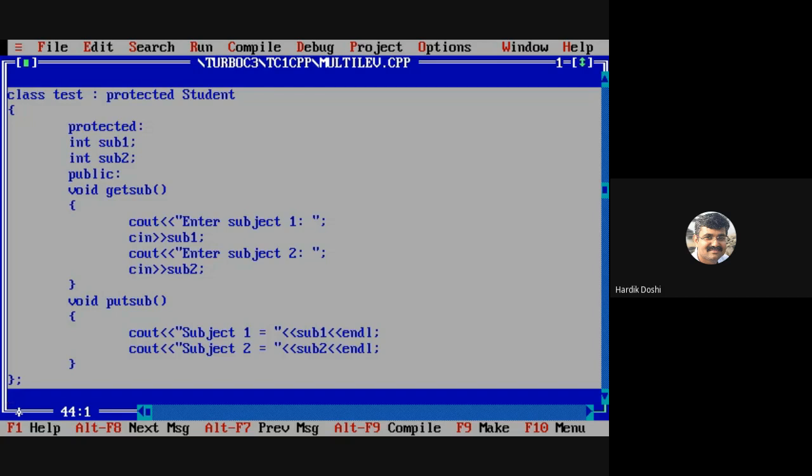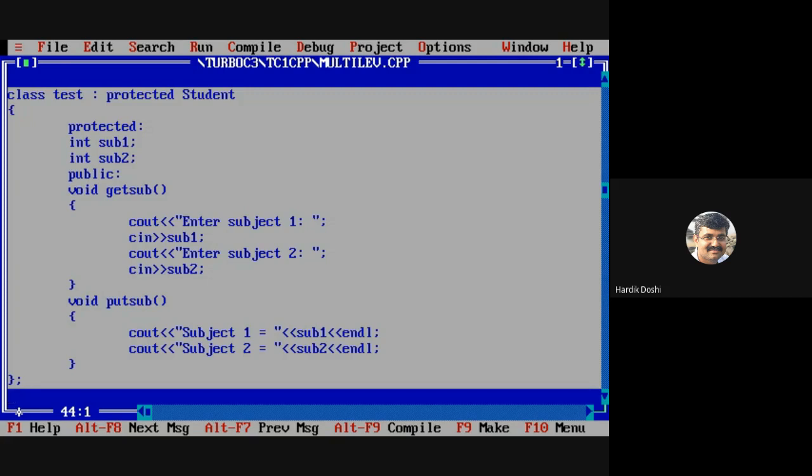Inherits protected student. What does it do? What does this mean? Members, all accessible members which can be accessed.